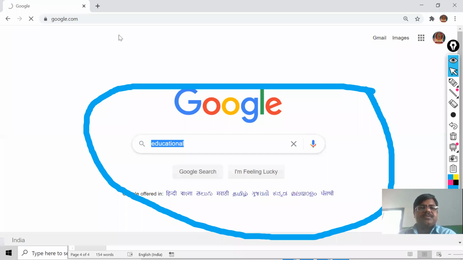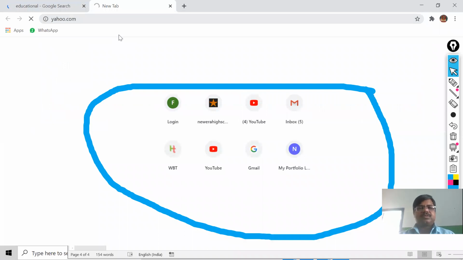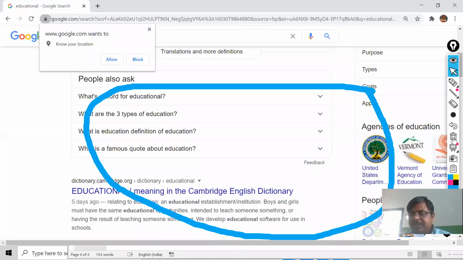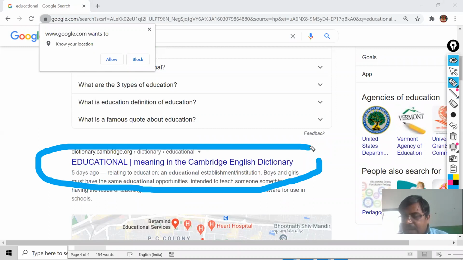It's taking time. Wait. Then I will open. Yes, I got this one. Now you see, my dear, this is my hypertext. Now when I move my mouse pointer, the handshake will come.